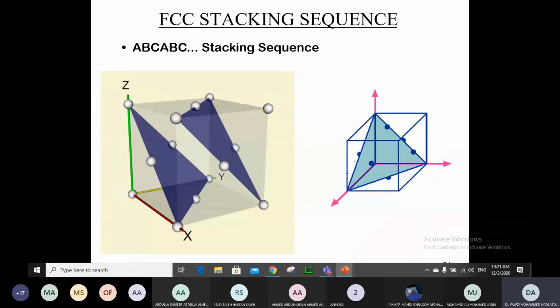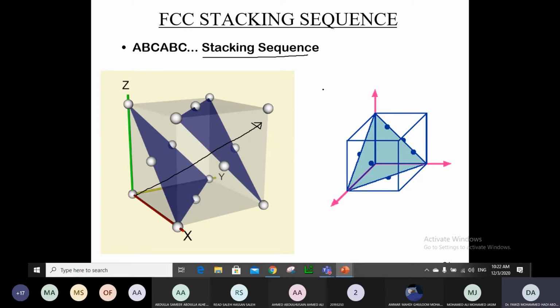So that is the first plane that I'm showing here. That is this plane. This is the one. And then in the cube, you have another plane here. And then you have that atom. So in the direction of the diagonal there, it continues. You have a stacking sequence of A and B and C. And then in the next crystal structure, again, we will have A and then B and then C. And it continues in that way. A, B, C, A, B, C, A, B, C. So the stacking sequence is quite different in the face-centered cubic crystal structure than the